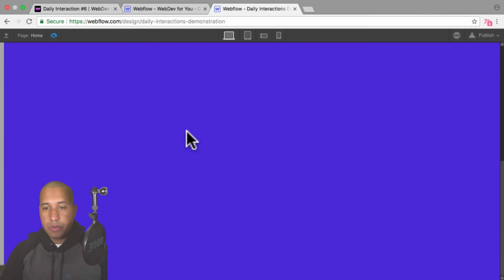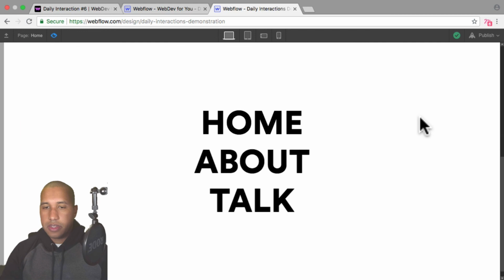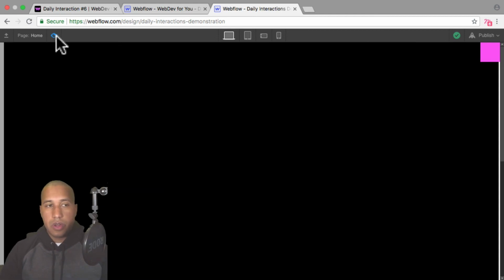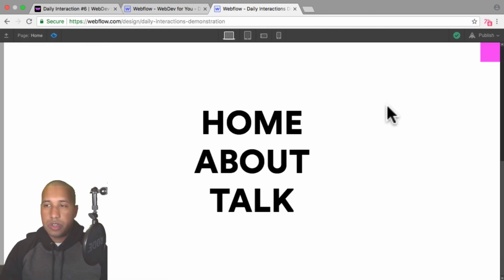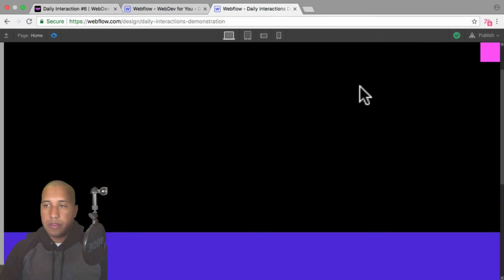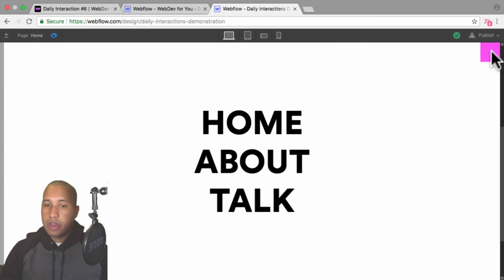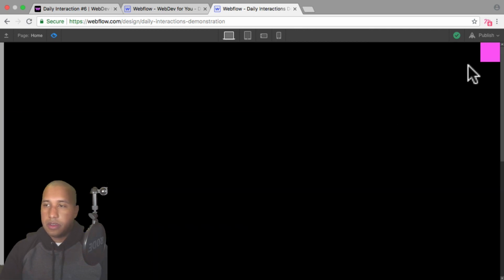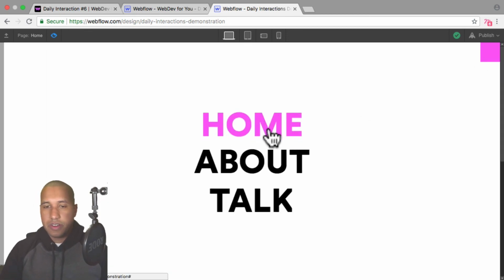So now if I preview, we have two sections, and if I open the menu, I can continue to scroll, and we see the menu stays in place, and that's because it's fixed. It doesn't scroll with the rest of the site. So I would want to set the menu trigger to fixed as well, so it stays in the upper right. So no matter where the user is on the site, so I can scroll down, no matter where I am on the site, I can open the menu. And that's it. That's how we create the full screen menu with the menu item animation on hover. Looks good.